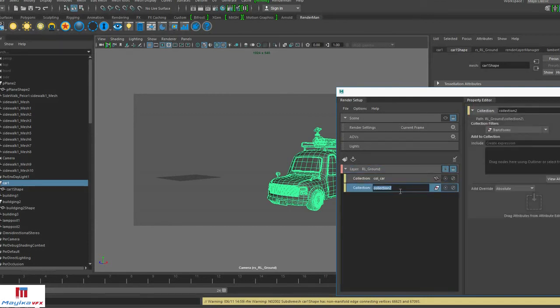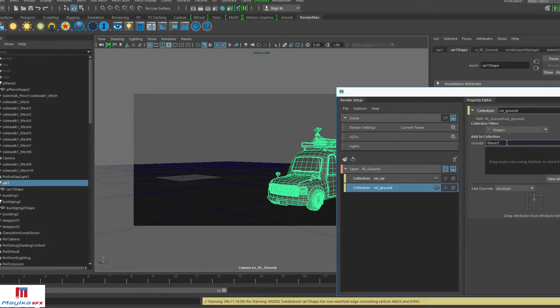Create another collection here for say ground. We have a plane. We can add the object as a shape node, star plane star. It will add up the plane.